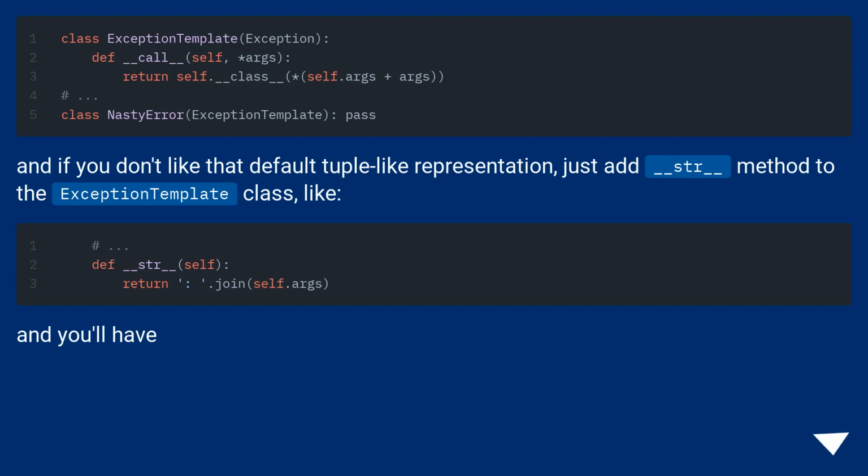And if you don't like that default tuple-like representation, just add __str__ method to the exception template class, like. And you'll have